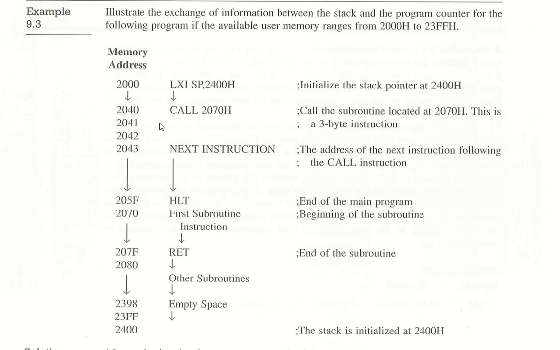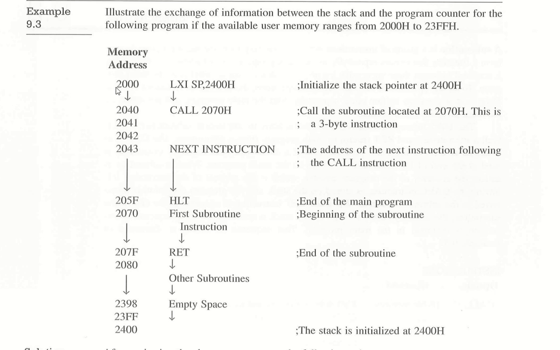Now let's see an example, the exchange of information between the stack and the program counter for this program given here, with the help of memory addresses 2000H to 23FFH. So see the program. First we have executed LXI SP, 2400H, which initialized the stack pointer at 2400H at memory address